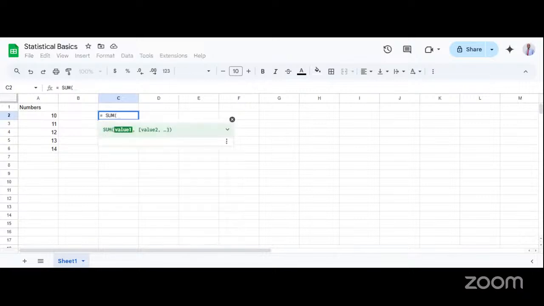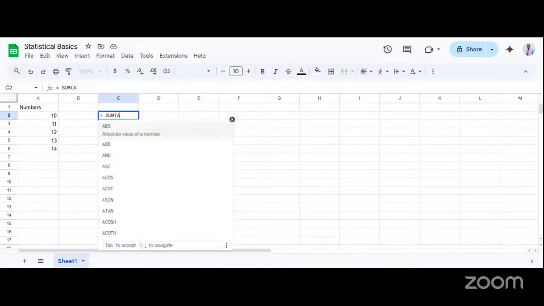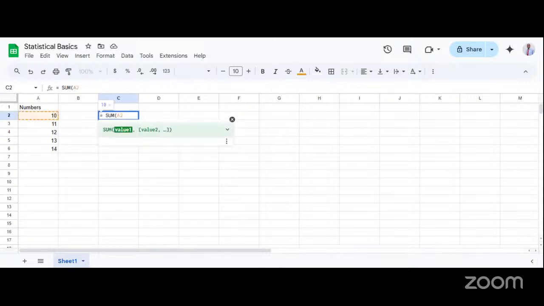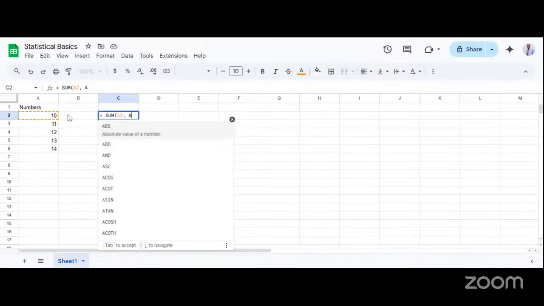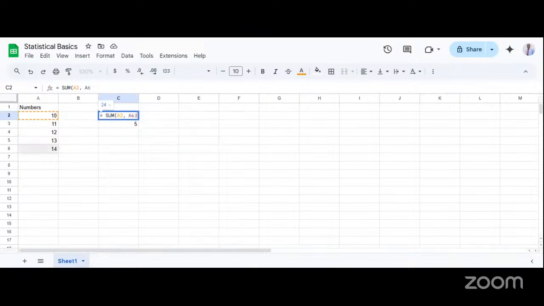Use the sum function, input the sum function, then you specify your range. You specify the range that you want to make the calculation to. So you need to bear in mind, you need to know the cell address that you want to reference. Our values started from cell A2 and ended in cell A6. So we'll be referencing from cell A2 to cell A6. Once we sum it together, we can now see that we have 60 as a value.